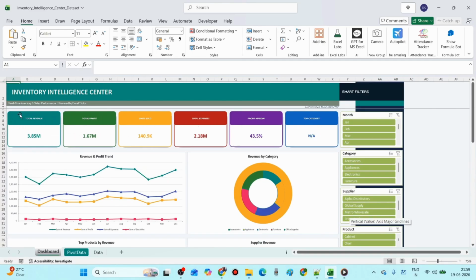This is the first thing users see when they open the dashboard, and it provides a quick snapshot of overall business performance. Here, we can instantly track total revenue, total profit, units sold, total expenses, profit margin, and the top performing category. These key metrics help decision makers understand business performance at a glance without going through thousands rows